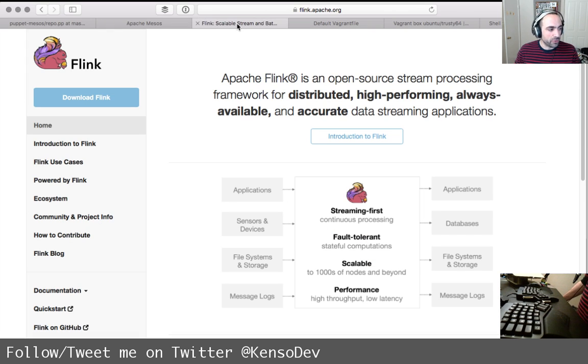Like I mentioned before, we already have a Flink cluster running, but it's running in standalone mode. What I want to do is run it on top of Mesos, again for all of the benefits of running it on the cluster. If the master is down, it's going to pick up another master. Fault tolerant task managers, fault tolerant job managers, and so on and so forth.